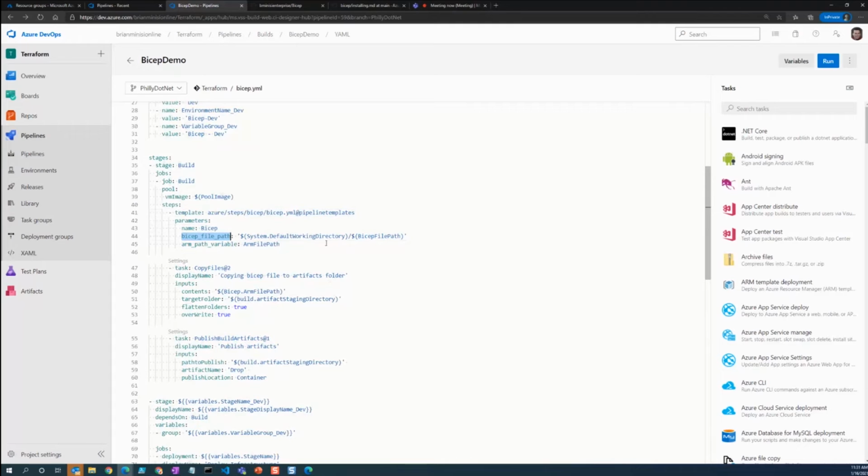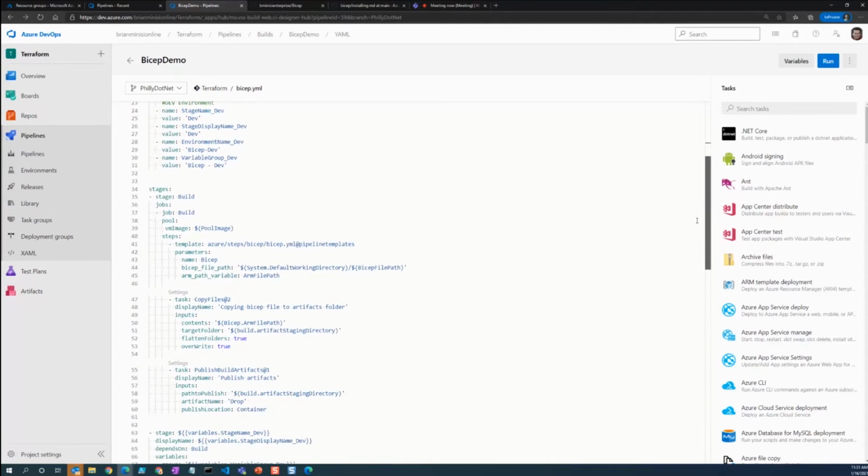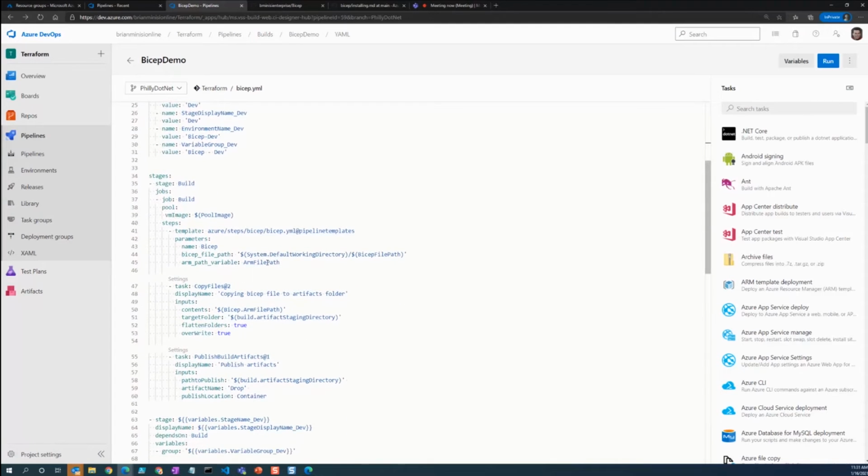Right now we have this Bicep file path, which we defined up here, so it knows where to find our Bicep file. And then here, this is a parameter that's going to get populated with the path to our ARM template. Once this runs, it's going to populate this variable.